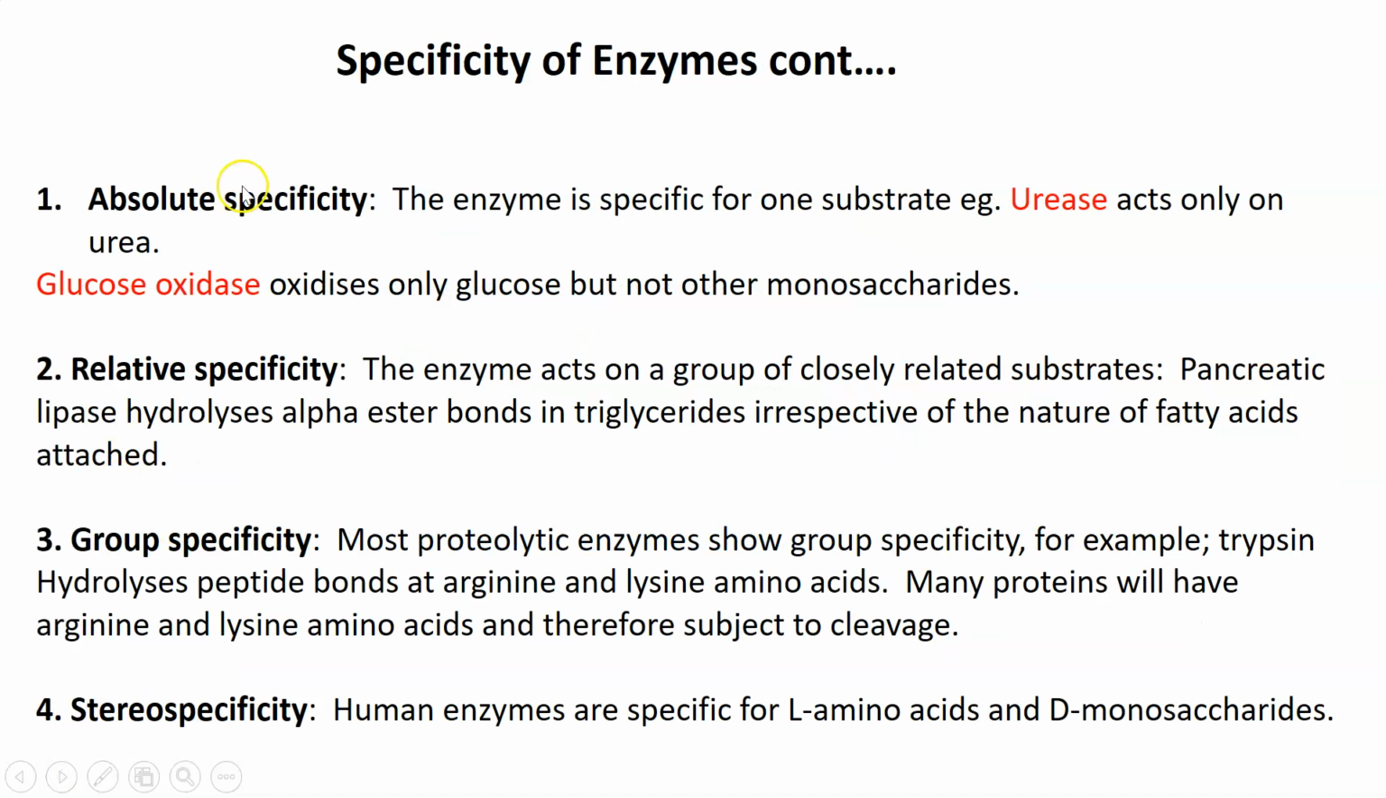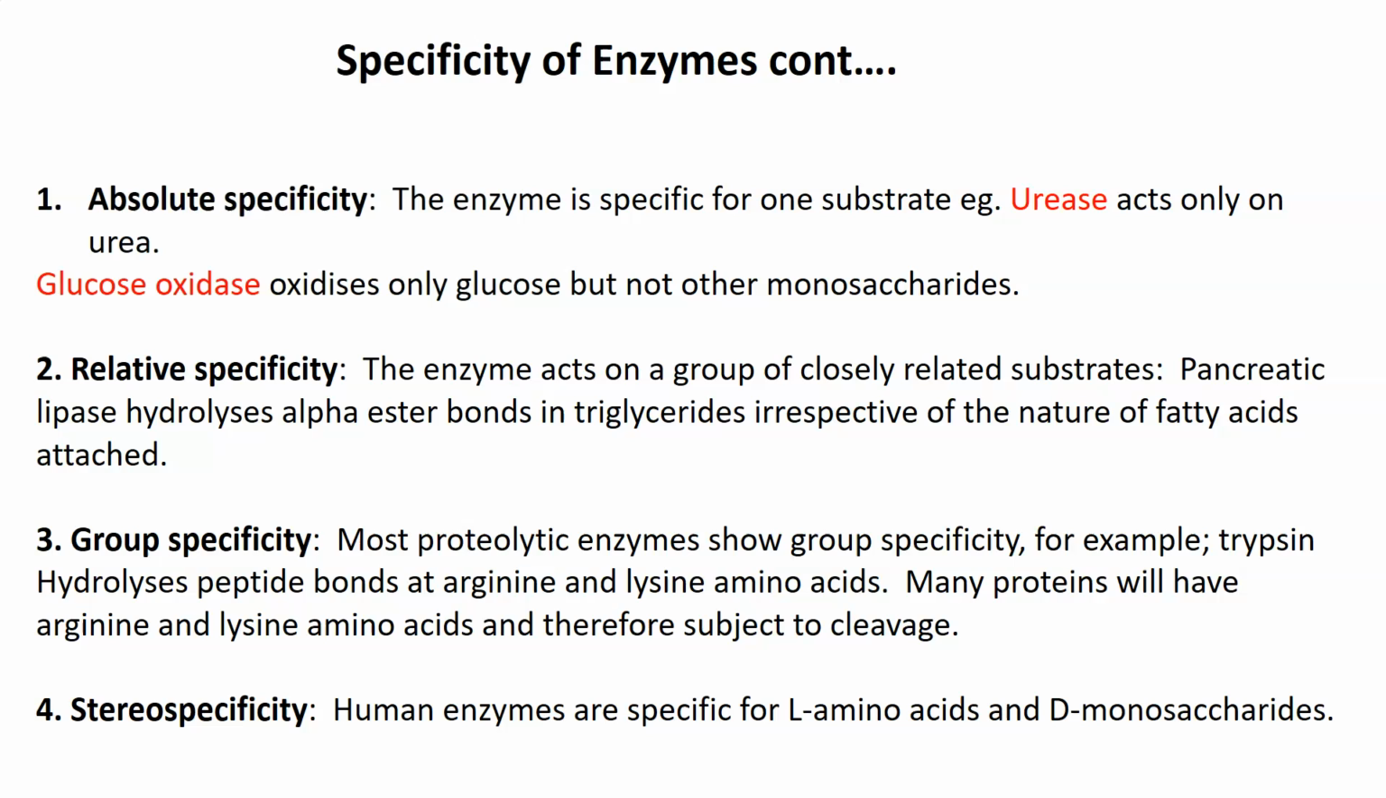So there's 4 types of specificity. There's what we call absolute specificity, so the enzyme is specific for one substrate, full stop. Urease, for example, acts only on urea. Glucose oxidase only works on glucose,